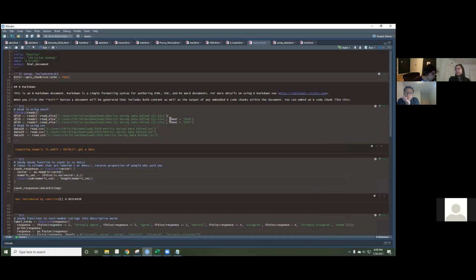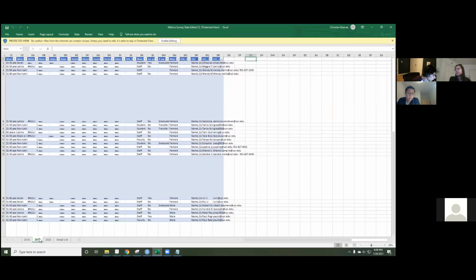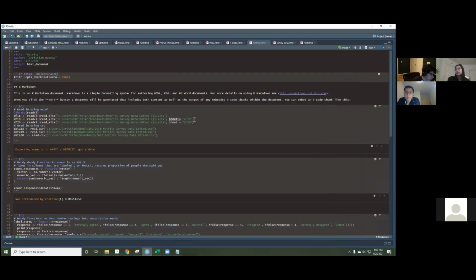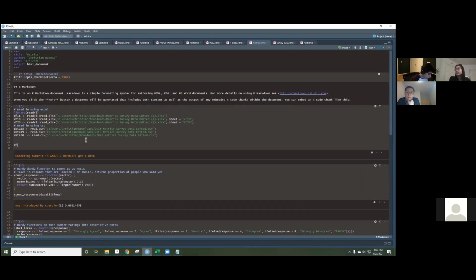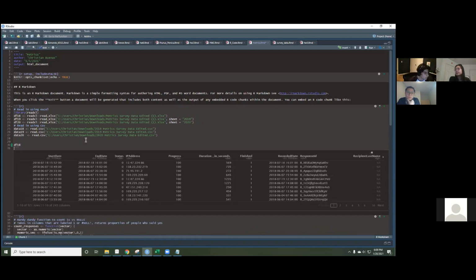So you just do this sheet, we call it an argument or a parameter. You put in the sheet equals, and then the name of the sheet you want. So in this case, we want 2019. So we just tell it that we want 2019 and it'll go ahead and read it in for us. And then if we want to look at what the data looks like, we can print 2018, and it'll take a little bit to print because it's a little long, but we can look at what it